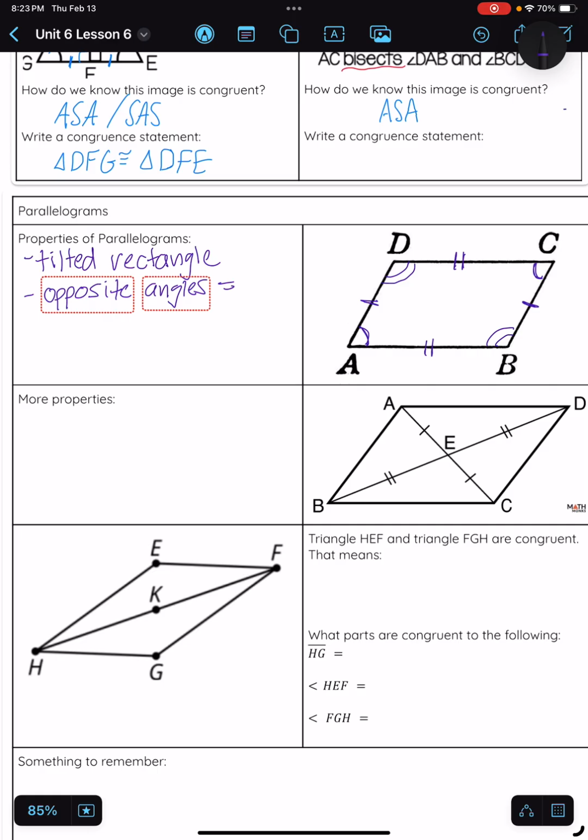And maybe you can tell that just by looking at the parallelogram. The last thing that I want to write in here, that's another property of parallelograms, is that all four angles together need to equal 360 degrees. Okay? So if you add,